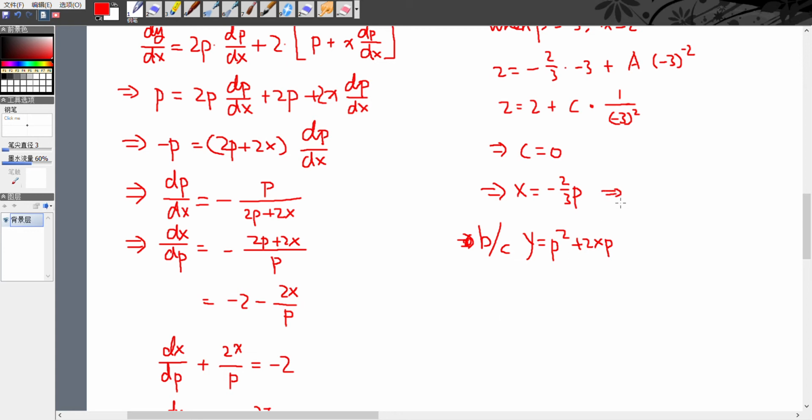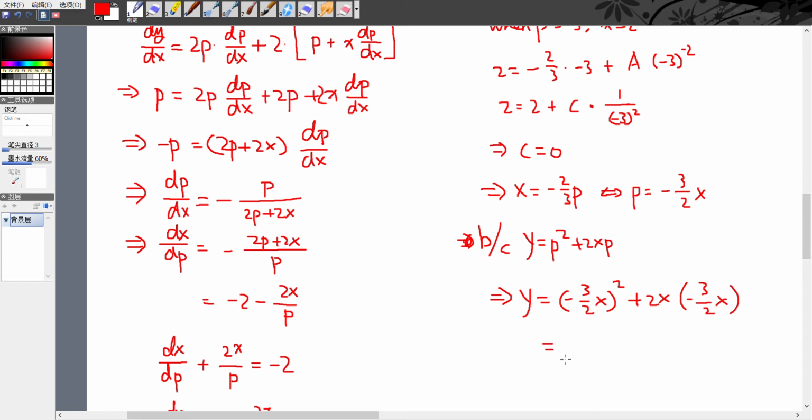This gives us p in terms of x, which is negative 3 over 2x, and then all we need to do is substitute into our y. So we have y is equal to negative 3 over 2x squared plus 2x times negative 3 over 2x,